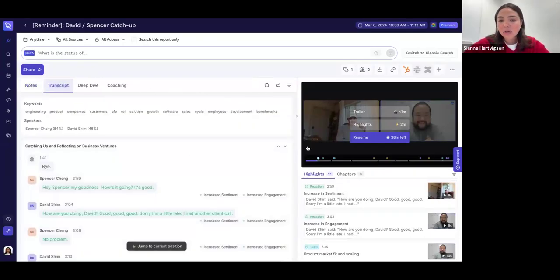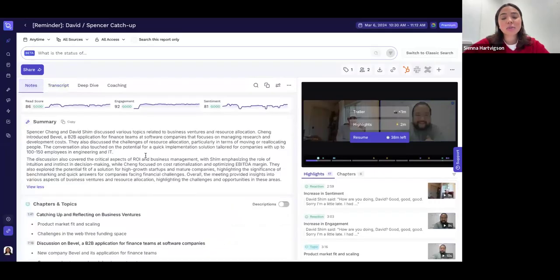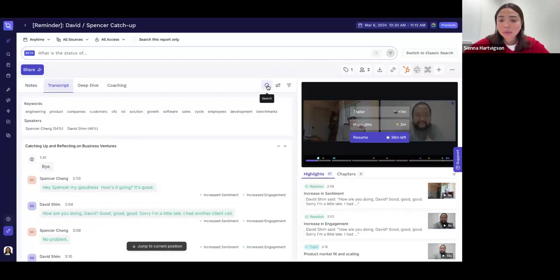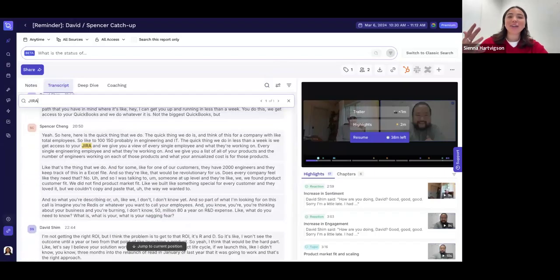Of course, on the same note as a recording, we'll also always have the transcript. I think the notes page really summarizes it well, so you don't have to peel and comb through the transcript like you would a recording. But it's also important to always have that there in case there's something you wanted to go back and check on, like you remember you had a meeting and discussed this Jira integration, but you can't remember exactly what was suggested. You can quickly keyword search this transcript and find what you were looking for much more quickly.